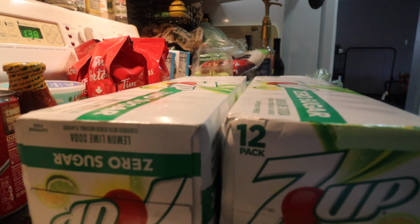There are a few things in here that were superfluous, but the taco sauce, the coffee, the bacon, the cheese, these are all things that I would have bought on a regular basis anyways, and I was able to save money by buying them now as opposed to waiting until next week or waiting until they ran out. So I'm very happy with my purchase, very happy with the price I got, and I'm overall very happy with